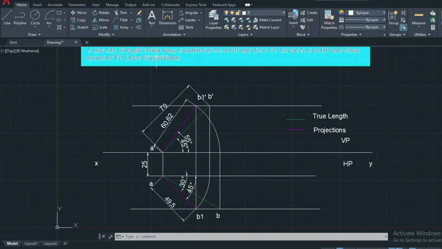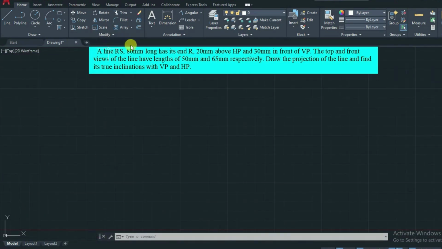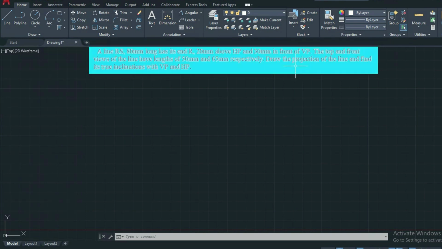So here the true length of the line and the inclination with the horizontal plane and vertical plane is given. In some problems, instead of the angle, they will give the front view length and top view length. Okay, one more problem we can see. A line RS 80 mm long has its end R 20 mm above HP and 30 mm in front of VP.